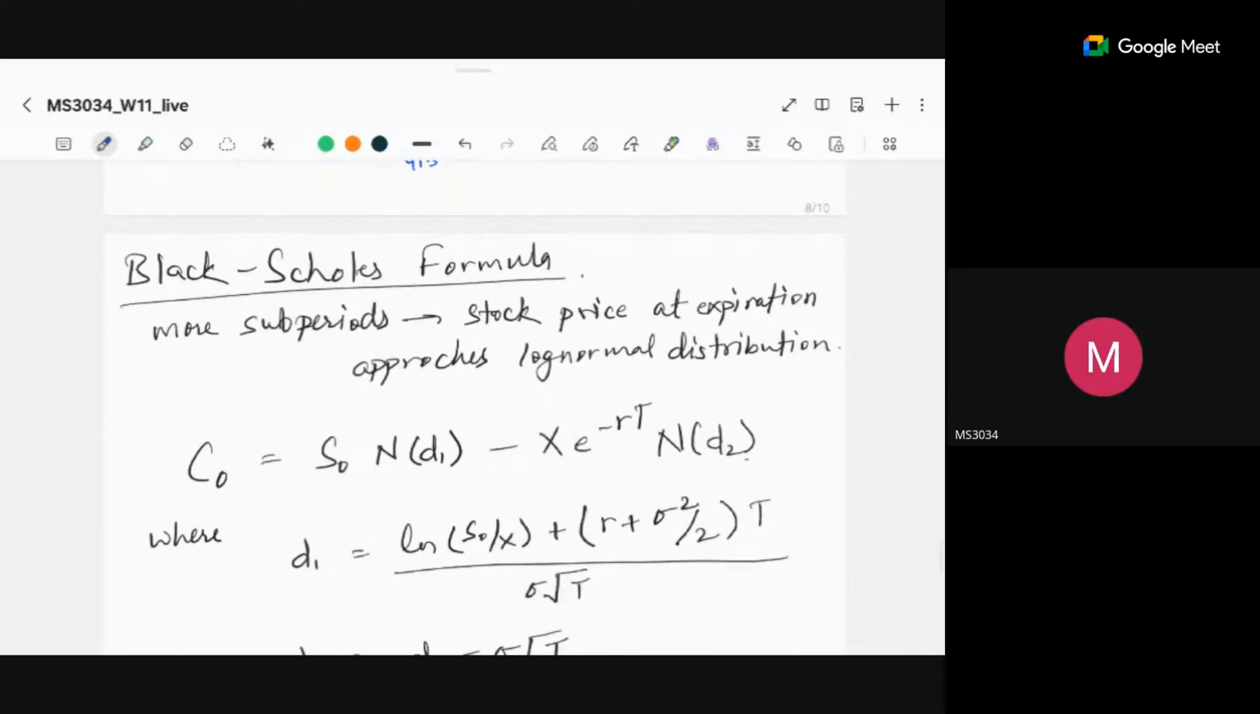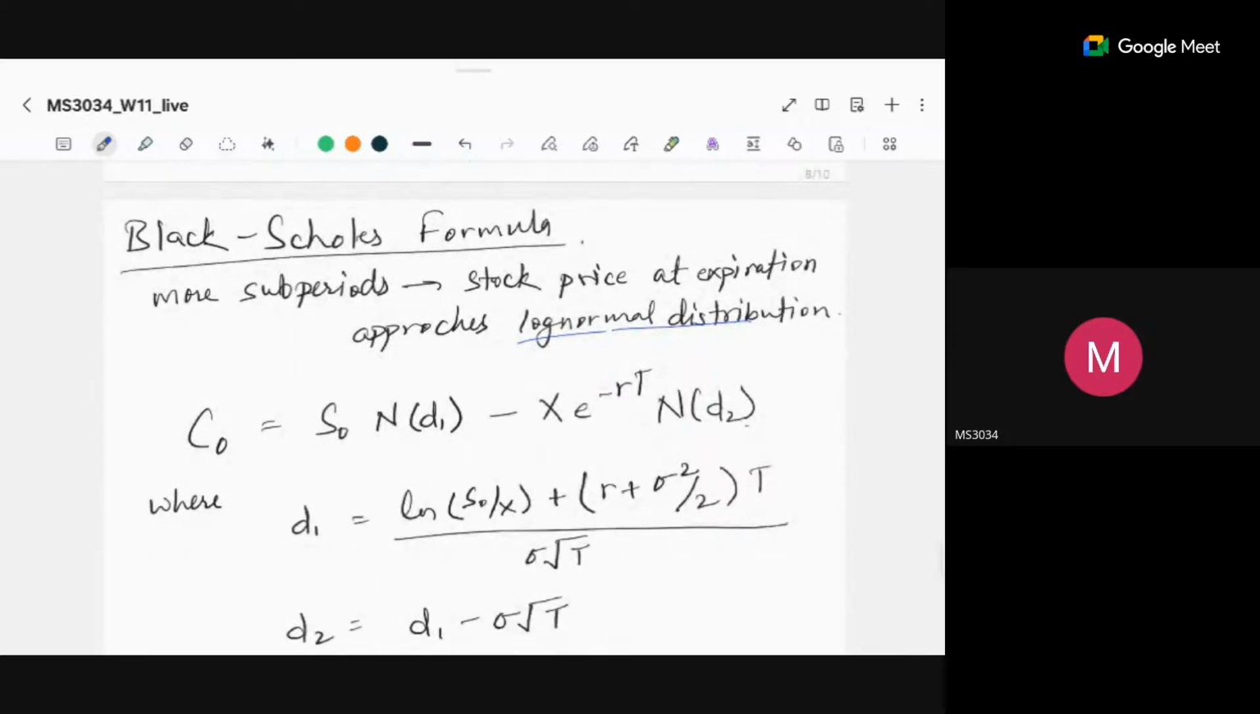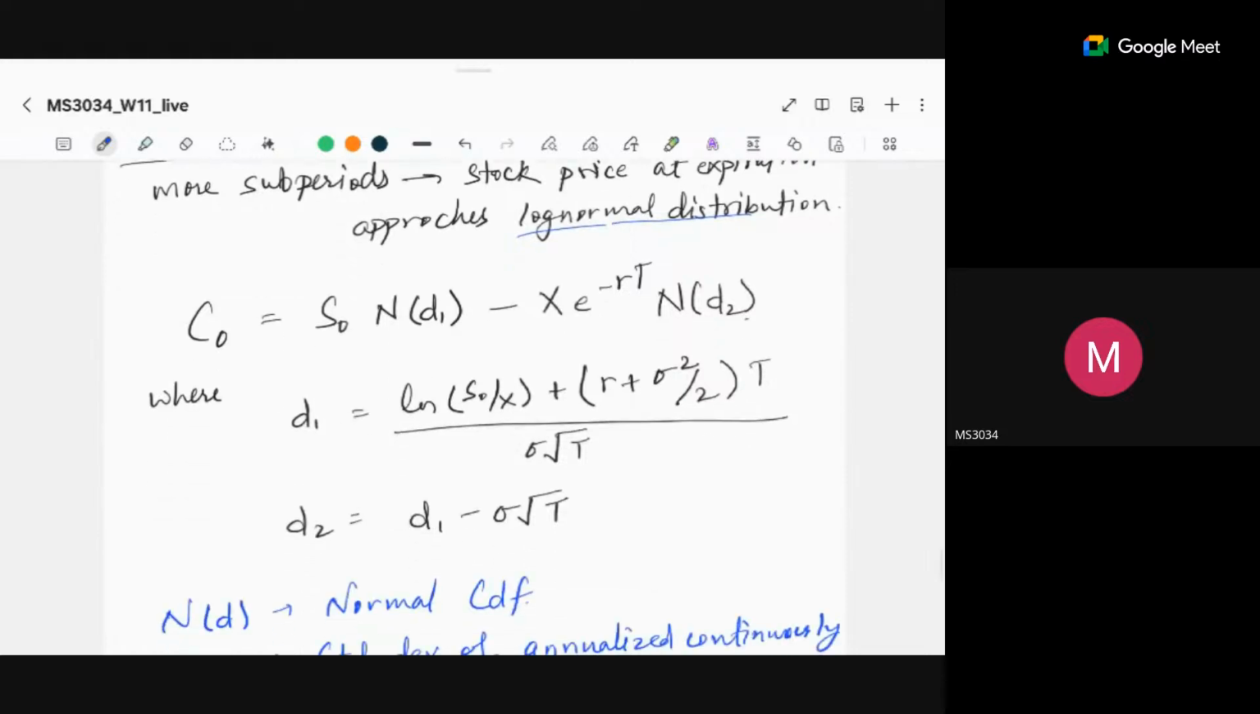Okay. So if there are more and more sub periods, let's suppose there are infinitely many sub periods, then the stock price at the expiry approaches a log normal distribution. It was given by these two people, Black and Scholes. And if this follows a log normal distribution, then the price of the call option can be written in this functional form. Here C naught is your call option price, S naught is your initial stock price, X is your exercise price, R is your risk-free rate, T is your expiration date, and D1 and D2 are these two variables,